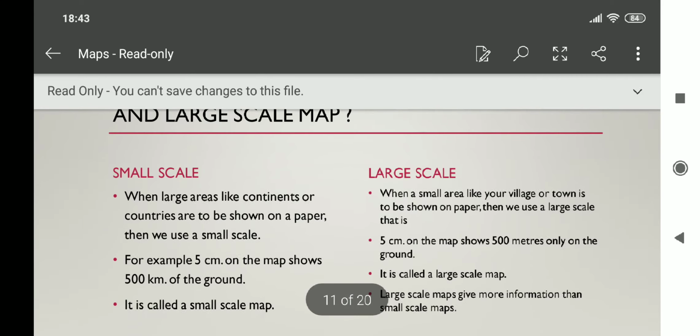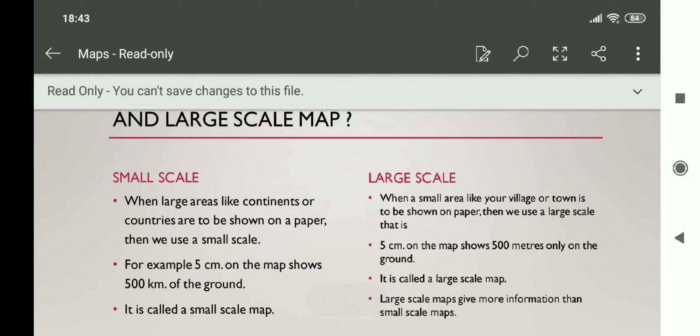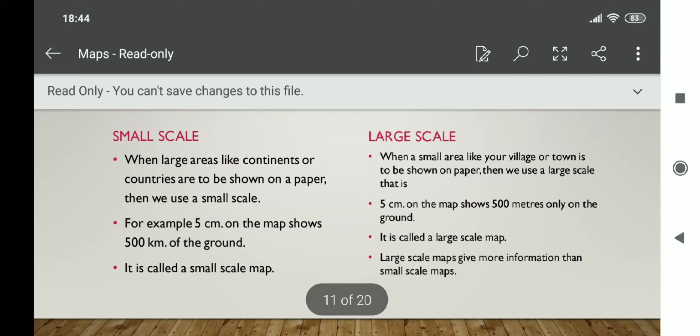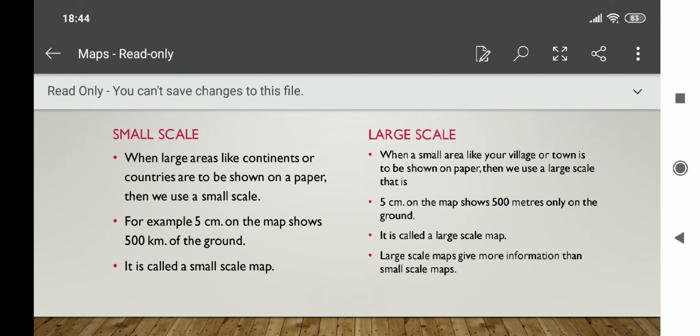So, small scale maps are like this, and large scale maps are used when a small area like your village or town is to be shown on paper. Okay, that is a large scale map. For example, in a small scale map, 5 centimeters on the map shows 500 kilometers on the ground.